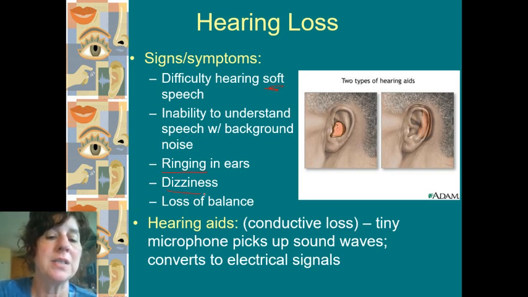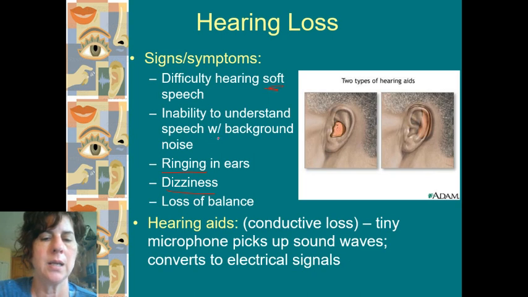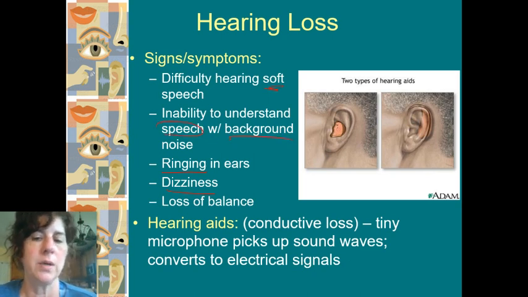Ringing in the ears, dizziness, because remember equilibrium is tied into this too. Certain sounds become hard to pick up on, the F's, the T's, the S's. You can't hear speech if there's background noise. So if there's something going on, like the TV's on in the background, and you're unable to really separate that from incoming speech. You've got this, "I can't hear you, there's too much background noise," that kind of thing. That indicates that there's a little bit of loss in the hearing. And maybe not too bad at this point.